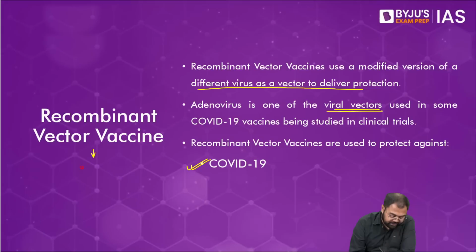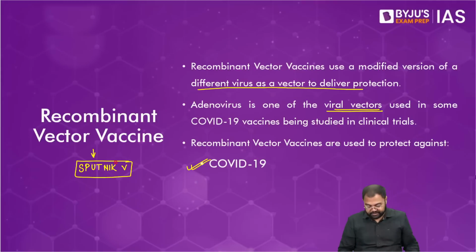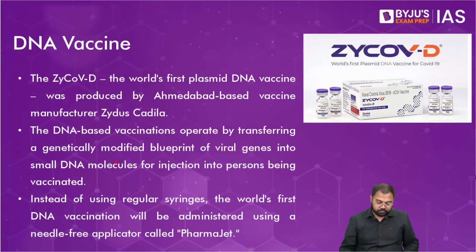So the Russian vaccine that goes by the name Sputnik, the Sputnik V vaccine, is an example of recombinant vector vaccine. So that's why we have seen that even this as a process has been used for the first time against COVID-19. Now,